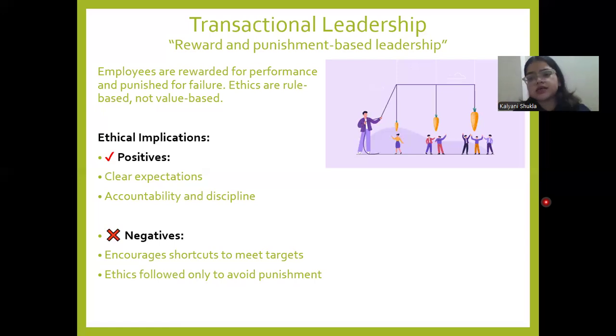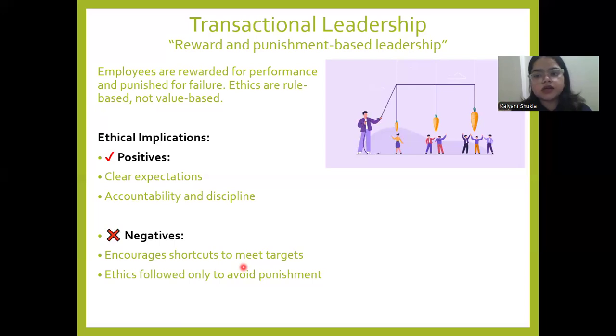This is just an example of transactional leadership. So people encourage shortcuts to meet the target. This is not the long term picture. In my point of view, if we are seeing the long term perspective of any scenario of an organization, I do not think transactional leadership is the long term picture of it. Why? Because this is a very short term picture. People are seeing today the results which are in the purview, but what is there in the long term,